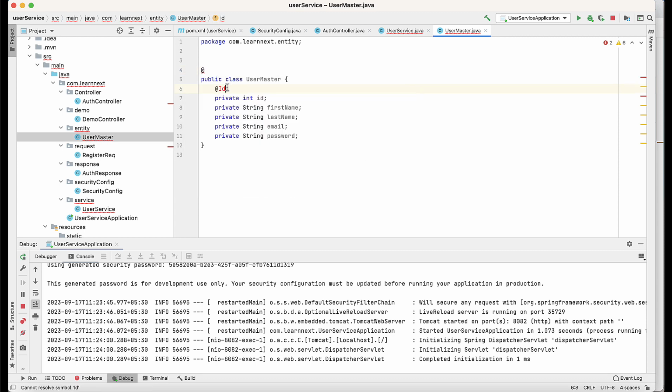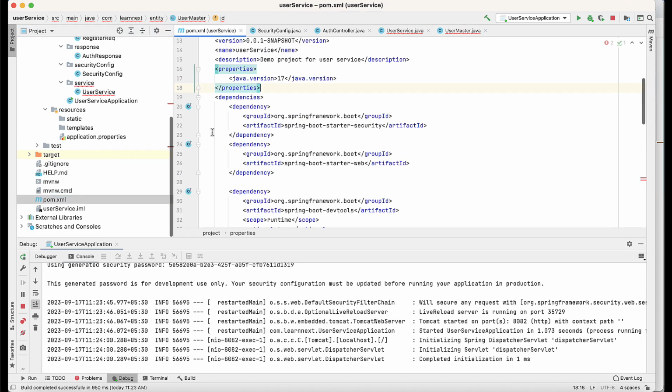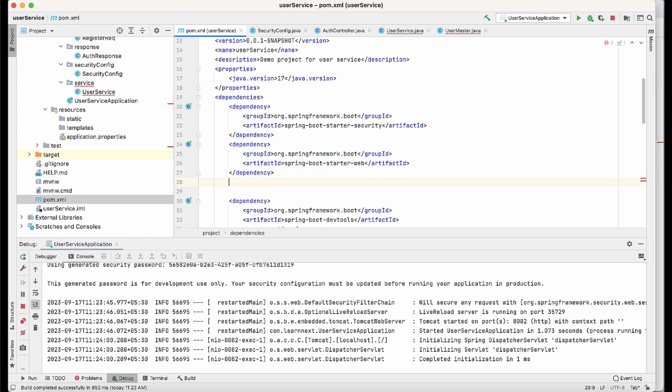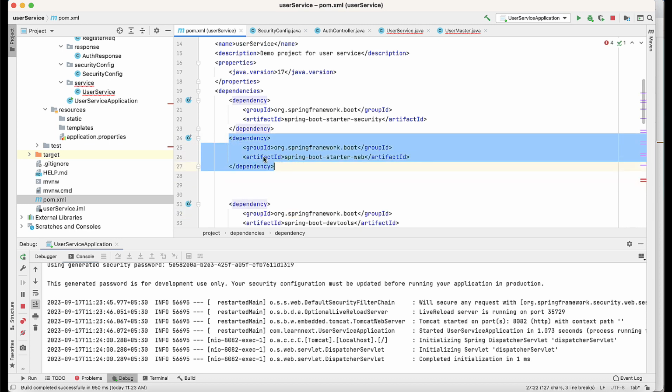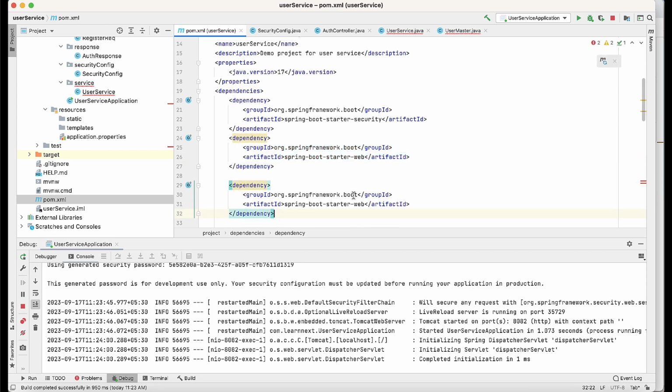So this is not importing because we have not added the dependency of JPA over here. So I'll simply copy one of the dependencies. I have to add two dependencies. First one is the JPA dependency and another one is the MySQL dependency, the connector, to connect. So Spring Boot starter